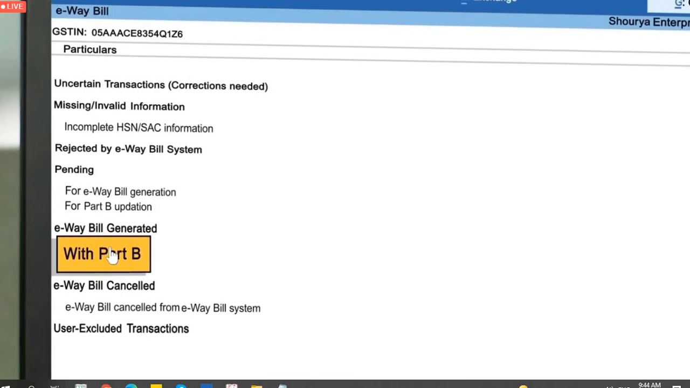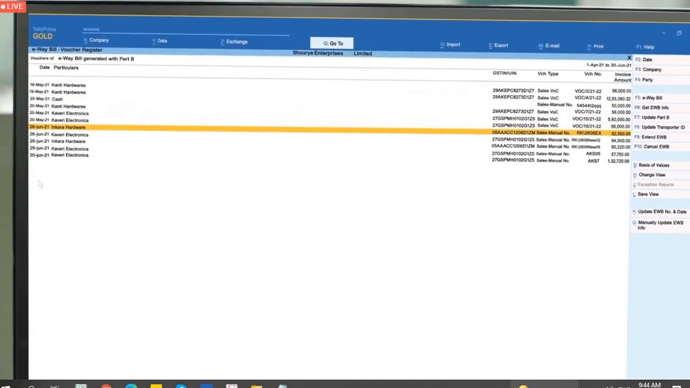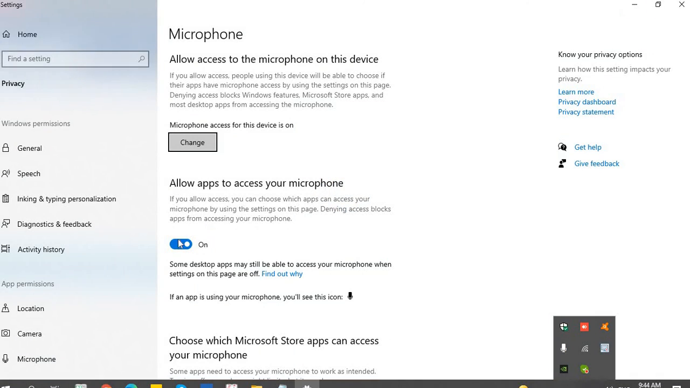You may also need to cancel a generated e-waybill because, let's say, the consignment got cancelled. In the same report, you can drill down to the appropriate section, simply select the transaction and press F10 or click